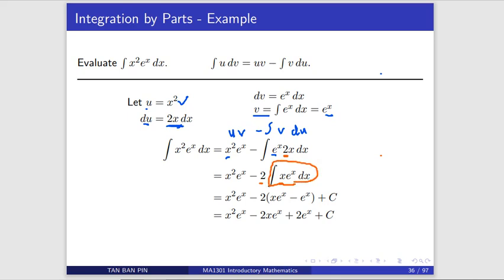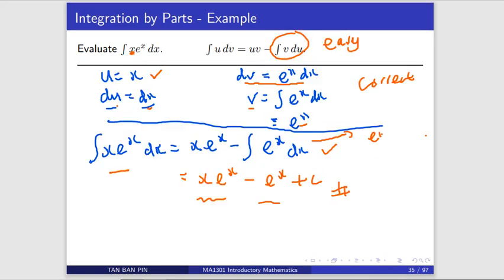After you apply integration by parts once, by choosing u as x squared, you know that if you differentiate, the power goes down by 1. From x squared becomes 2x. That's why from integrating x squared e^x, it becomes integrate x e^x. And integrate x e^x is something we just found, right? Integrate x e^x, you just apply integration by parts once and one more time. Then you get the answer.